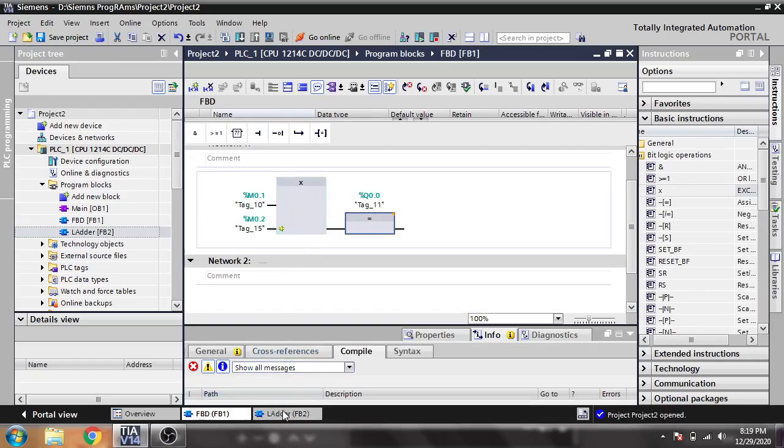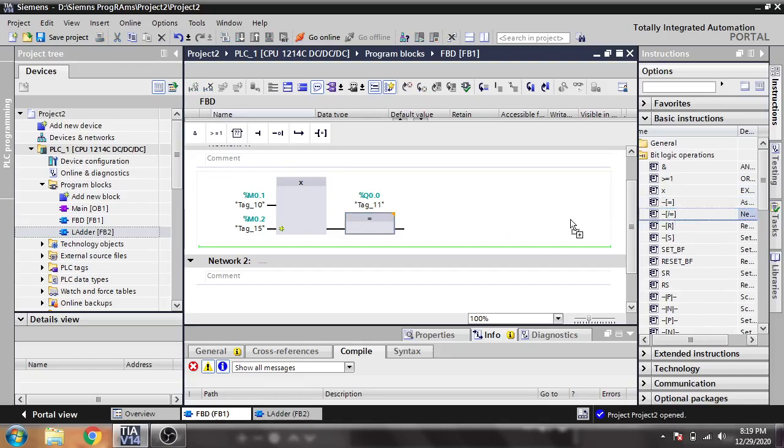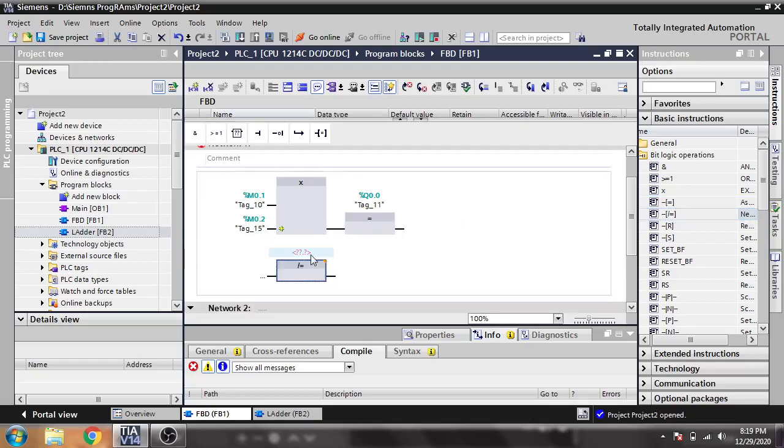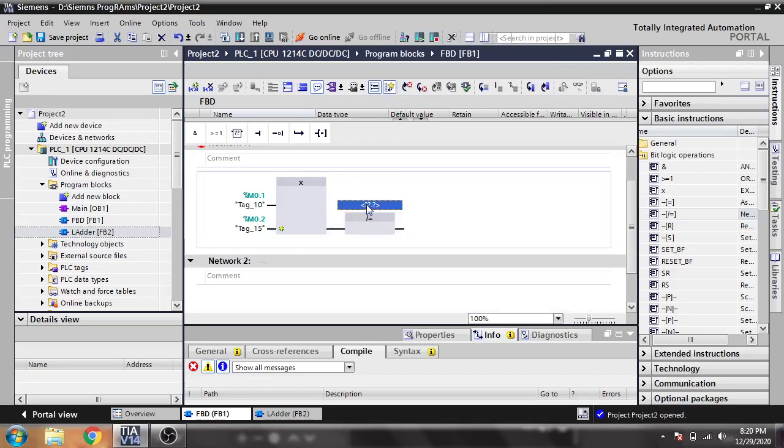I'm going to show you one more thing, which is our assignment. Let's see. It is the same working. You will see that there. I'm going to put that there and Q 0.0.